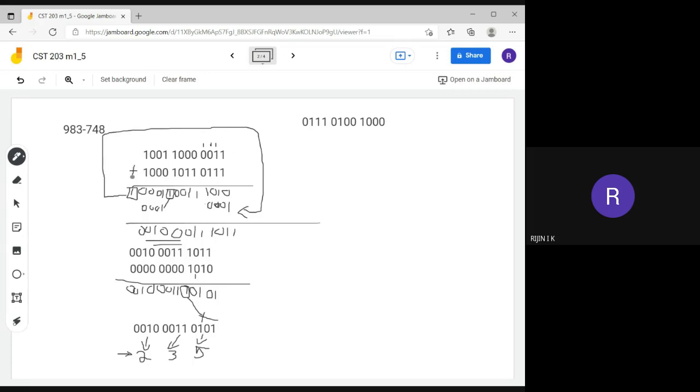After addition, you need to verify whether there is an end around carry. If there is an end around carry, then the result is a positive number. Then what you have to do is add this end around carry in the first bit.